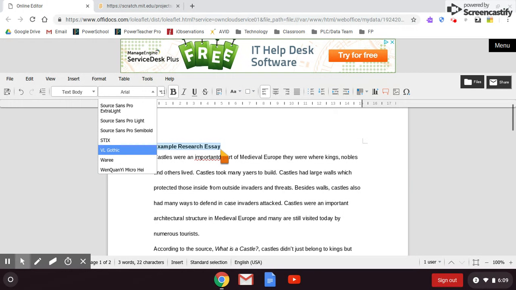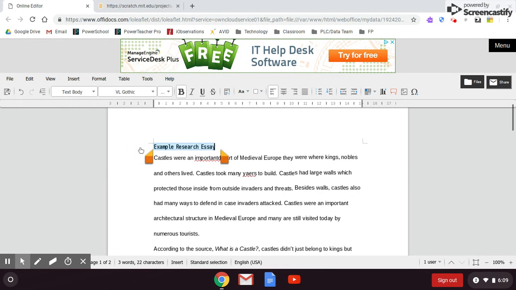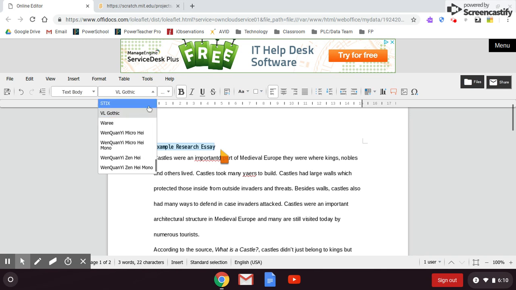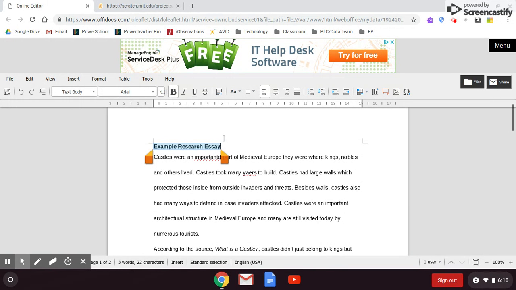Since my essay is about castles, maybe I want a Gothic font. So I'm going to click VL Gothic, and it's going to change the font of the title only. And I might find out that's not as Gothic as I was hoping, and I might look for a different option. So I would recommend previewing with just a little bit of text before moving on to your whole